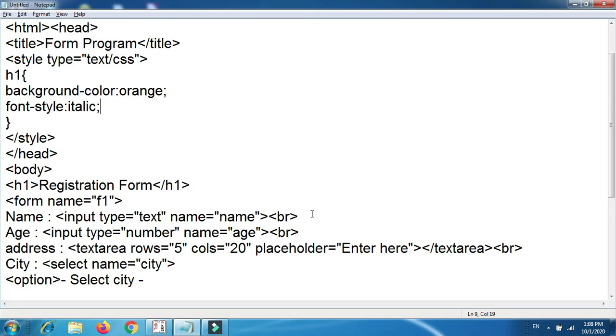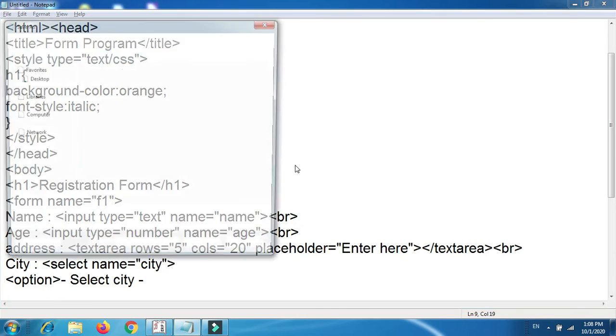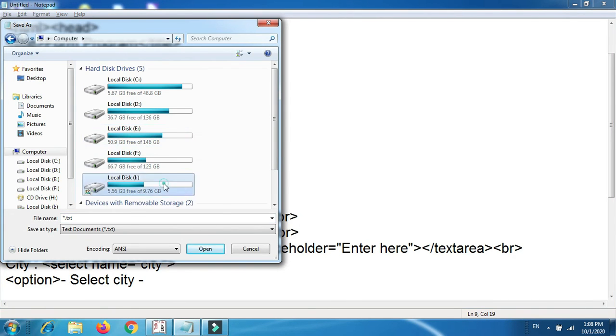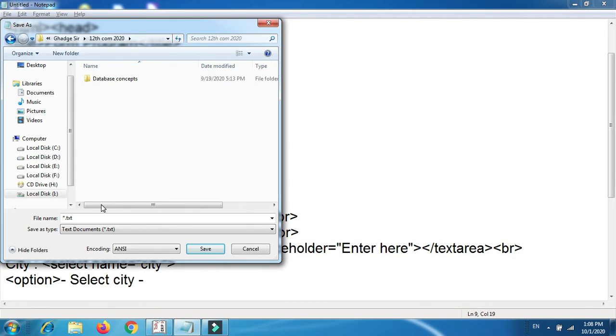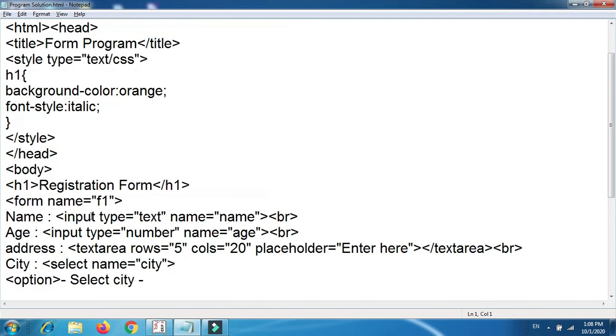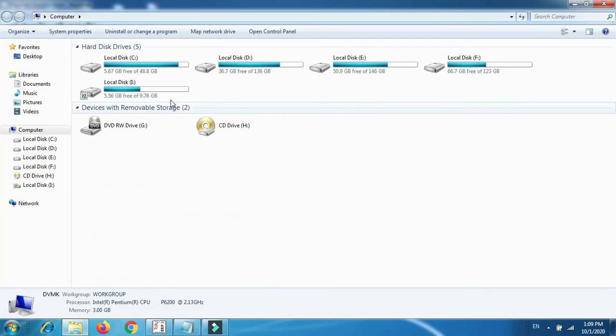Now just press Ctrl plus S to save the code. Folder location 12 commerce, and the file name is program solution.html. So it's a solution, that's why the name is program solution.